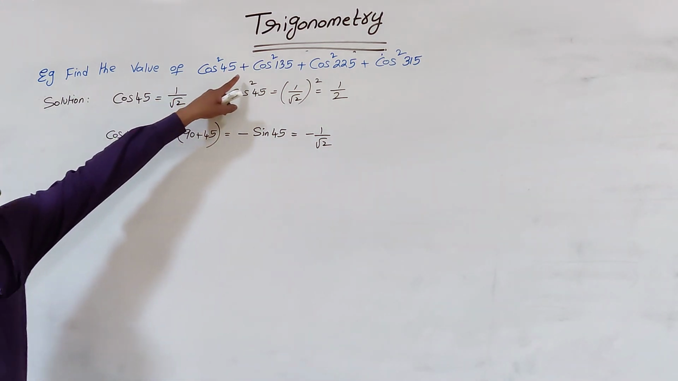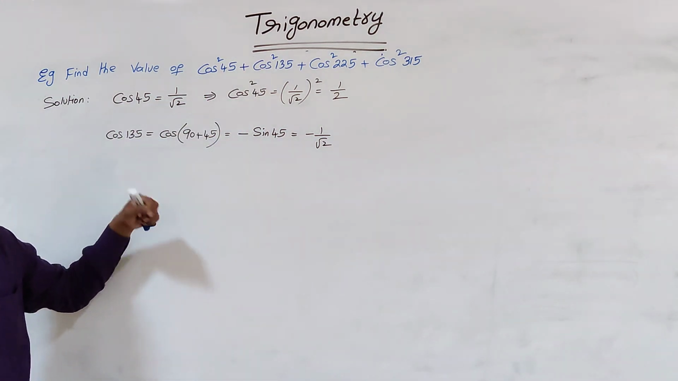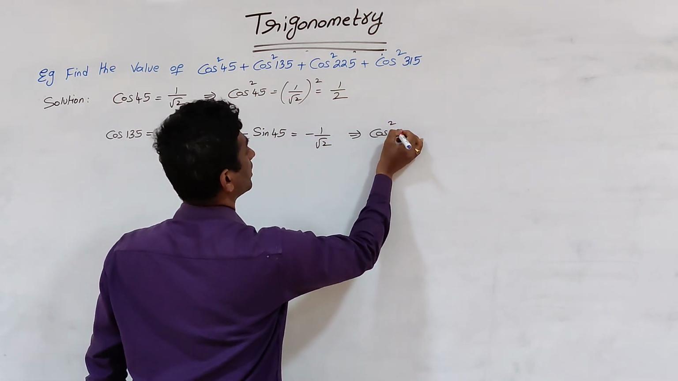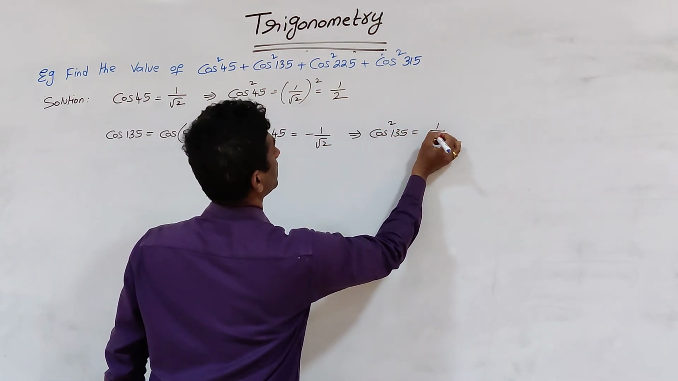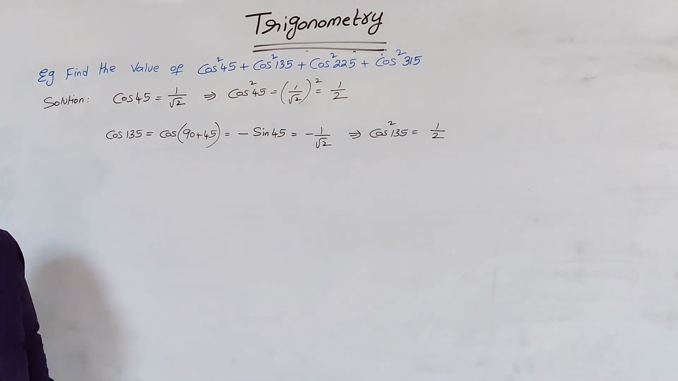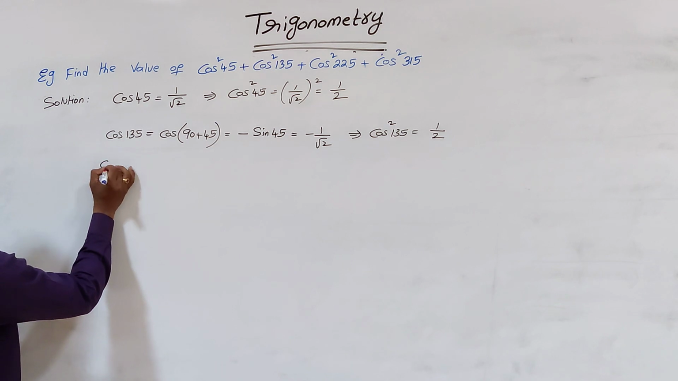But there is a square. So what will be cos square of 135? Again it will be 1 by 2, because minus 1 by root 2 whole square is 1 by 2. Coming to the next, cos